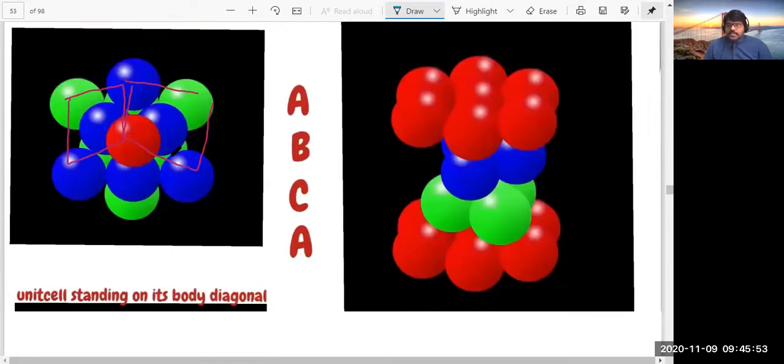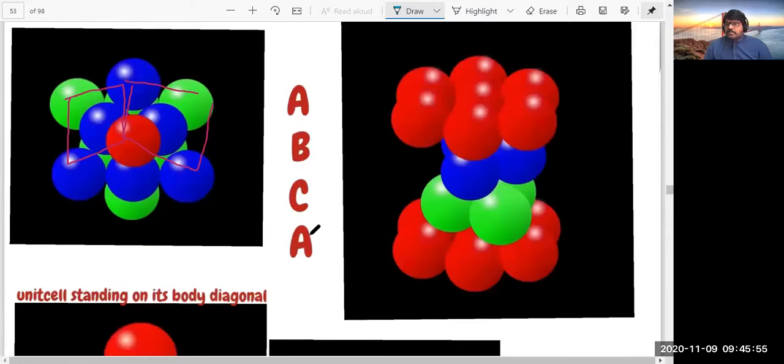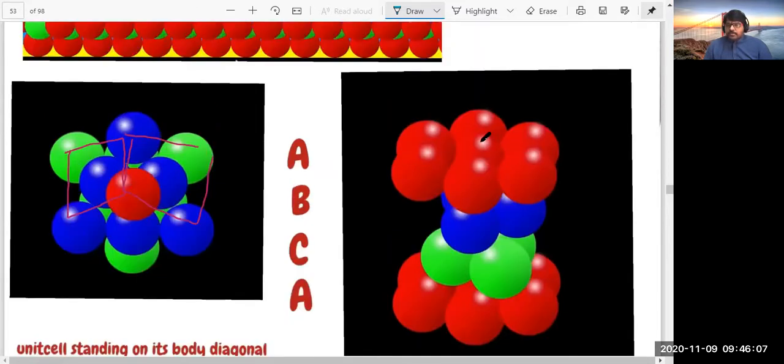Here we have ABC, ABC, ABC type of layers. And a part of the structure I have taken to explain the coordination number. If you carefully see, this is the particle we are talking about, and it is directly in contact with these 6 particles of the same layer: 1, 2, 3, 4, 5, 6.